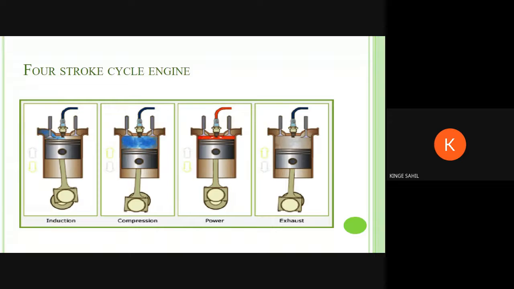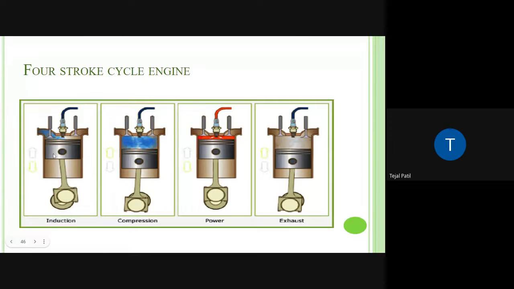Today we are going to see only the 4-stroke petrol engine and the 4-stroke diesel engine. I'm not at all going into the 2-stroke for now. Some of you may have a question: why are we not having the same system for petrol and diesel? So the reason is